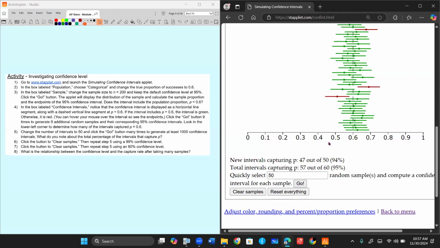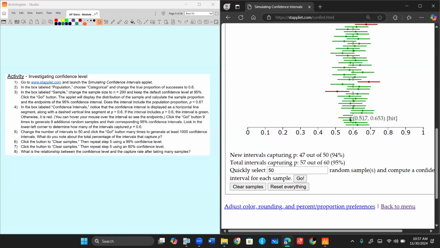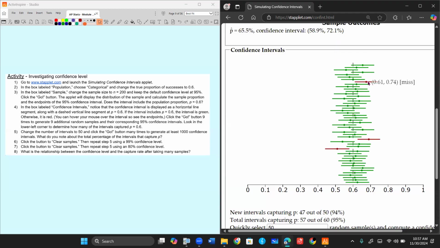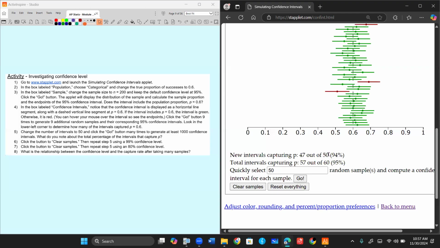And notice now that some of those intervals didn't capture it. If you look at this one here, oh, that's a little bit too above. So is that one. And this one's a little bit too below. But most of them captured it. About 95% of my intervals were captured. And if I keep hitting go,